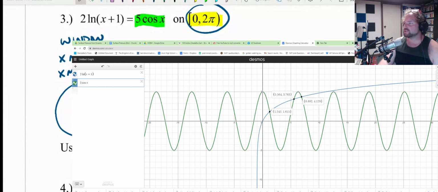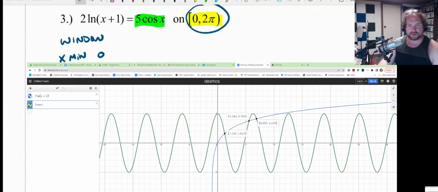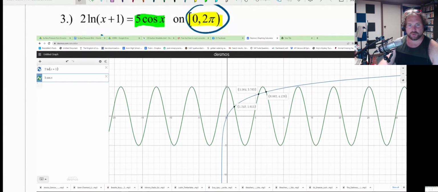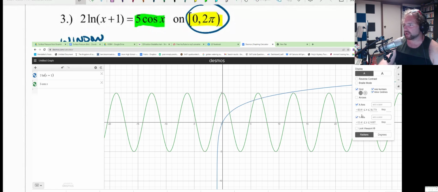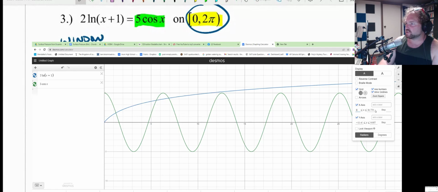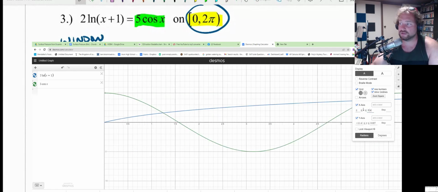Now, you can change the window. Let me move this window a little bit. Let's just keep DESMOS in the bottom quadrant right there. If you click this little wrench tool right there, you can actually change the window. And we really only care about the window from, let's see, can I select all of that? Perfect. We want to change that to 0, and we want to change this to 2 pi,